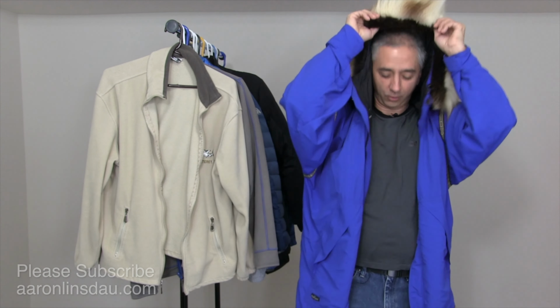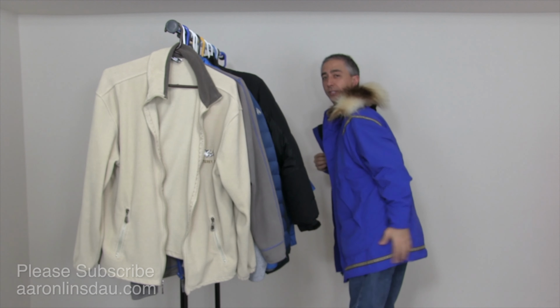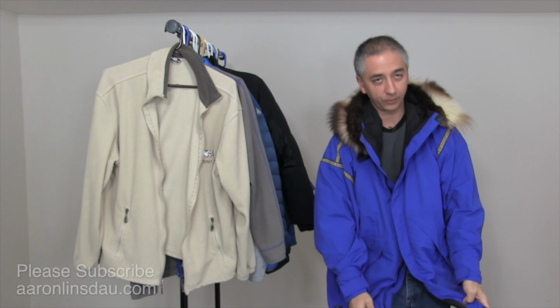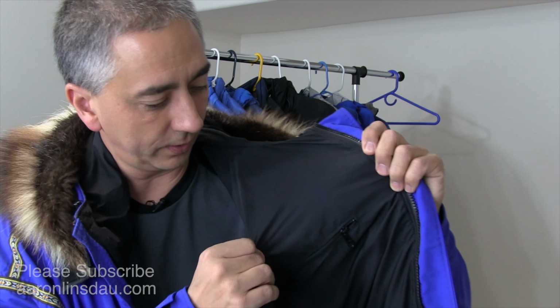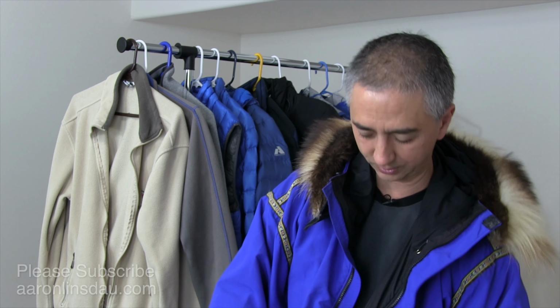This thing is the ultimate. It's an anorak style. It is huge. It covers the seat area. Now you'll notice it does not have insulation. It has this inner liner and then it has this outer shell. And I could only wear this thing in Antarctica when it was like 30, 40 knot winds because this jacket